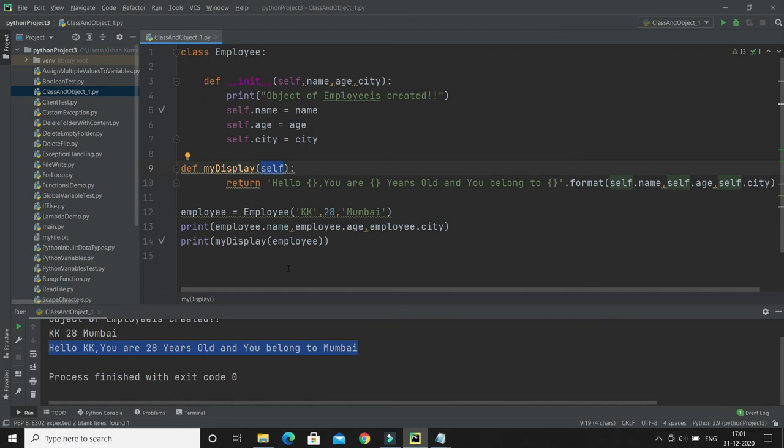One thing you have to keep in mind, it does not have to be named self. You can name it whatever you like, but it has to be the first parameter of any function in a class. It doesn't mean that you always have to give self as the name.